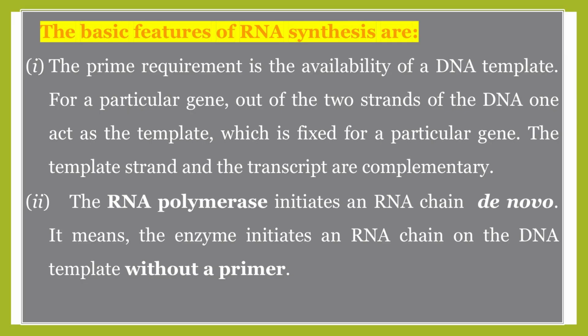So, the holoenzyme is responsible for recognition, binding to the promoter and unwinding of the 2 DNA strands, because the DNA in double helical form cannot be copied. When the two strands are separated, the bases are exposed. One of the two strands, that is the template strand, which is the antisense DNA strand, acts as template. The template is read from 3' to 5' direction, and the RNA is transcribed in the 5' to 3' direction.